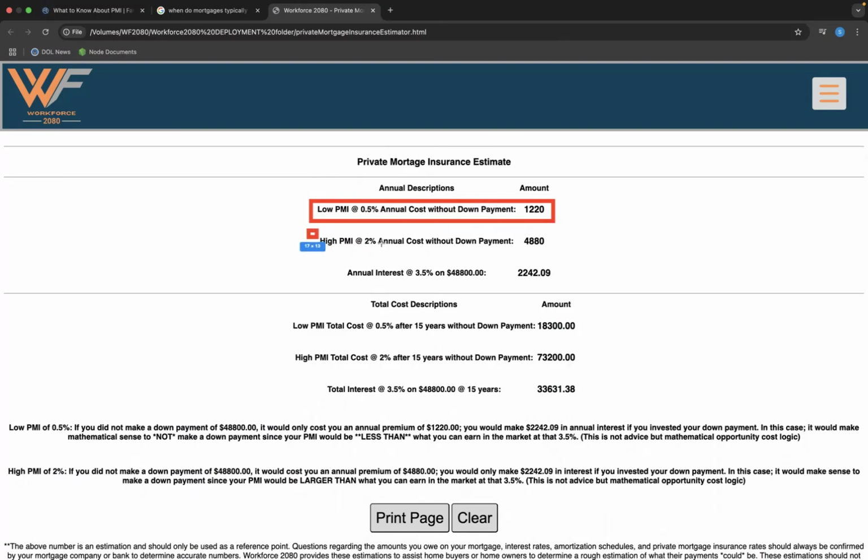Now, if you're a high risk, meaning that you have a very low credit score and you're buying a house and you're not making a down payment, well, basically you're seeing 2% as being what the norm is. And I'm not saying it'll always be that way, but that's what they've advertised online: a 2% annual cost on the cost of your home. So in other words, you're going to be sending them $4,880 in annual premiums for this private mortgage insurance. And if we do the math on that, that comes out to $400 a month on top of your mortgage payment